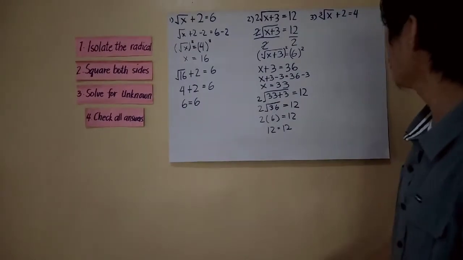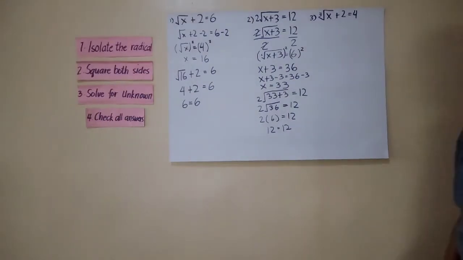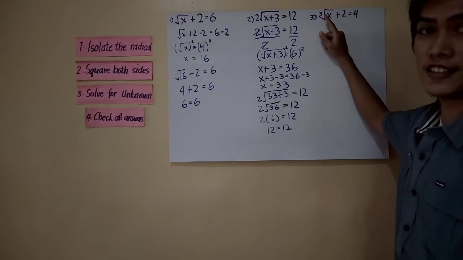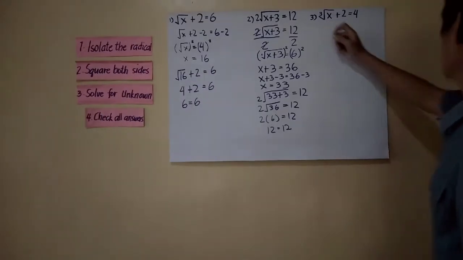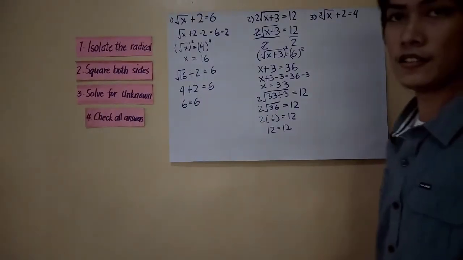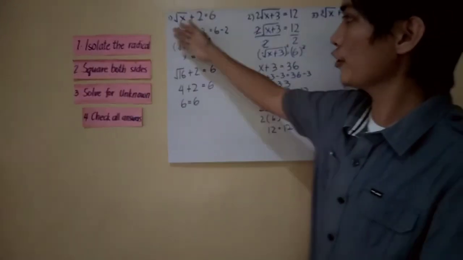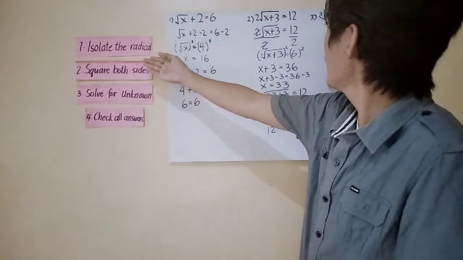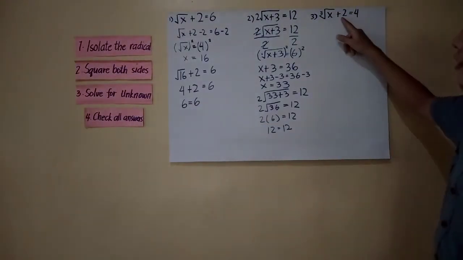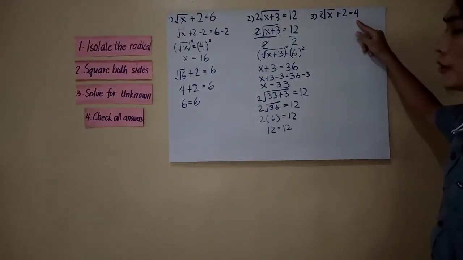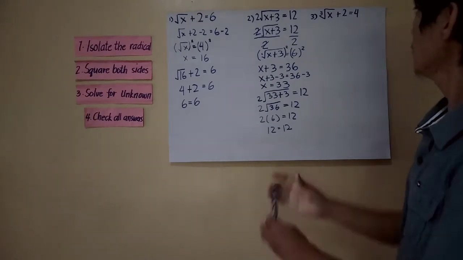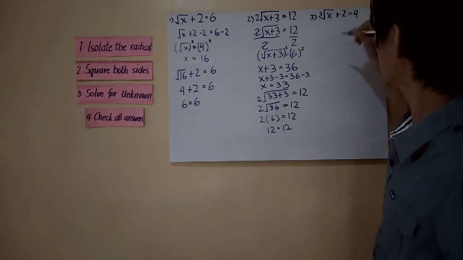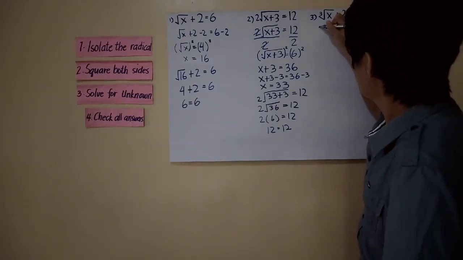Now, here is our third question. What if it's a cube root, not a square root? The index here is 3, not 2. Even if it's 3, we're still going to follow the 4-step rule. First, we must isolate the radical. So we must move the 2 here to the right side. What we're going to do is subtract both sides by 2. It becomes like this: cube root of